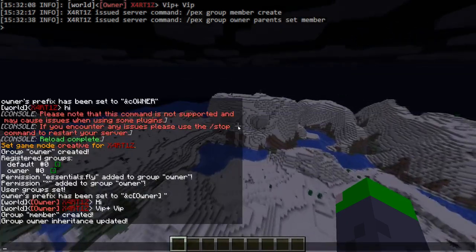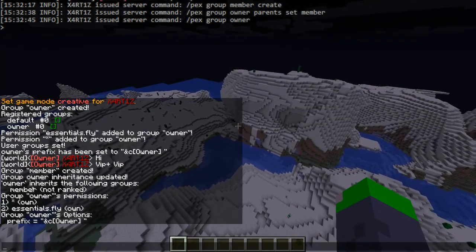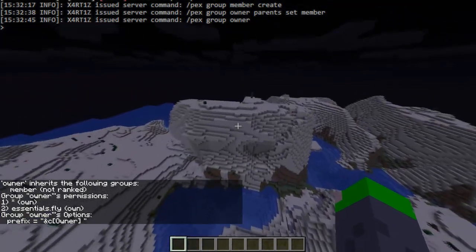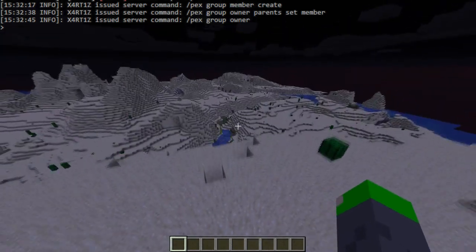As we can see, if we type in PEX group owner, owner inherits the following groups: member. So owner will have every permission that member has. Okay,